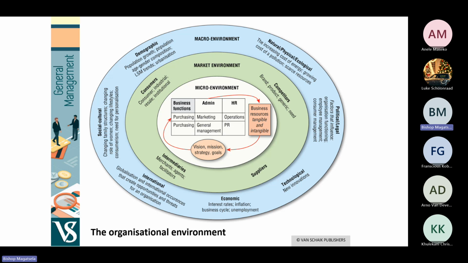We know that we are producing product for other businesses to use in their businesses, for them to produce their own products. In the case of oil, for example, Sasol is a big buyer of oil. They buy the crude oil, and then they use the crude oil to produce